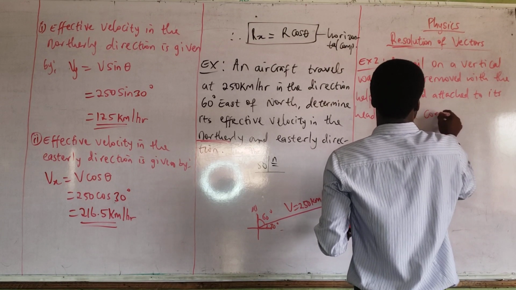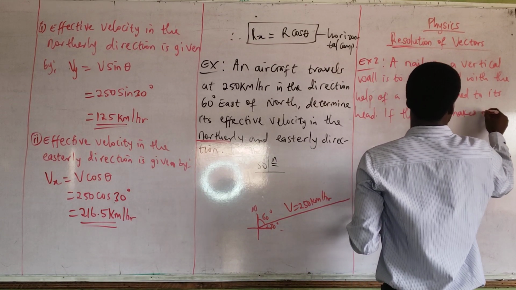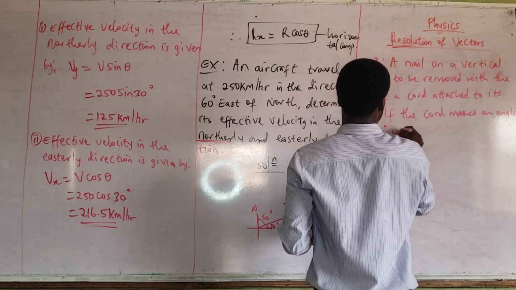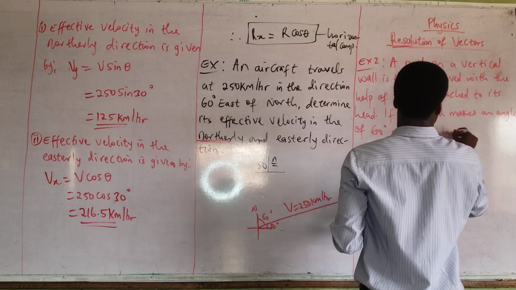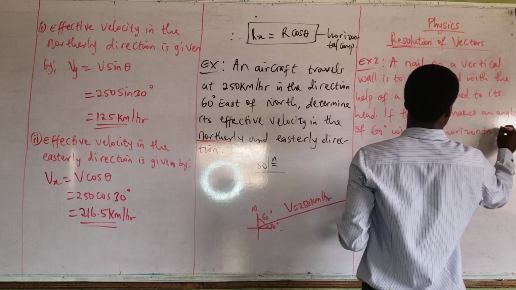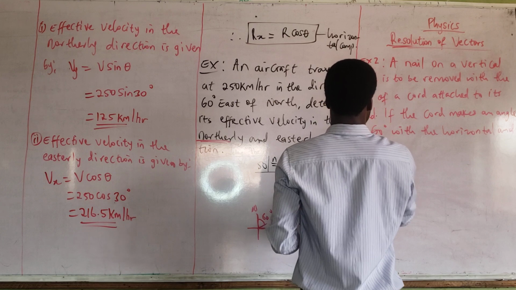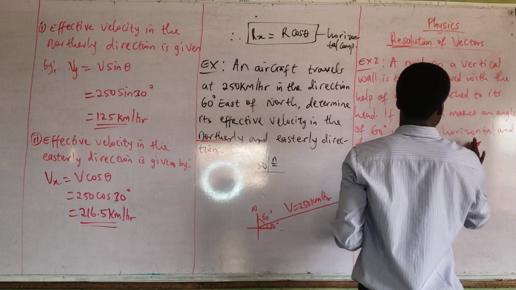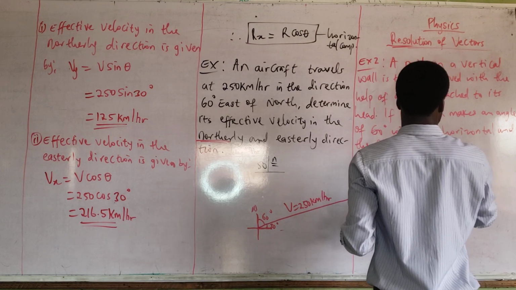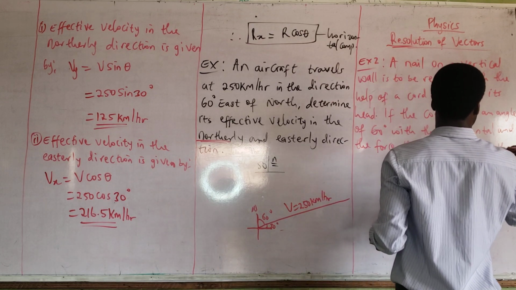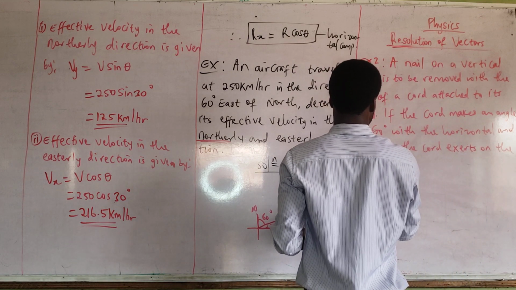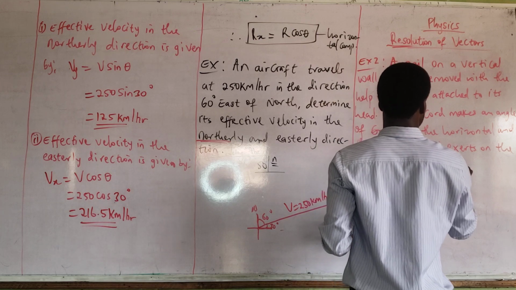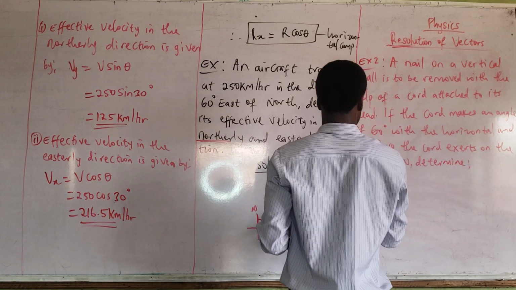If the cord makes an angle of 60 degrees with the horizontal and the force the cord exerts on the nail is 50 Newton. Determine, Roman numeral 1,